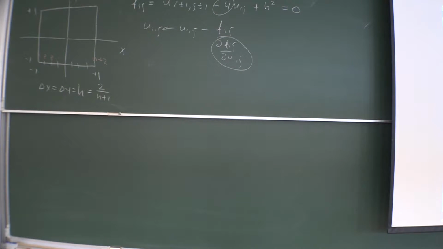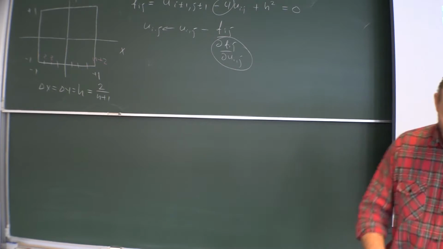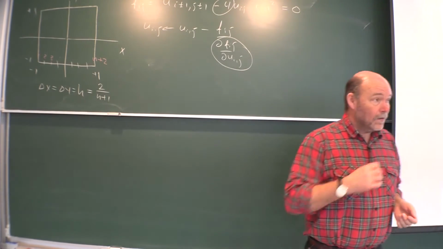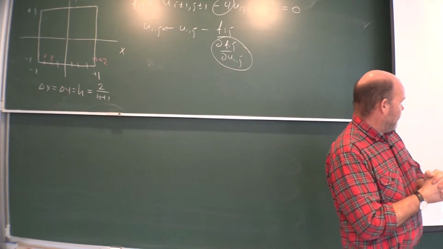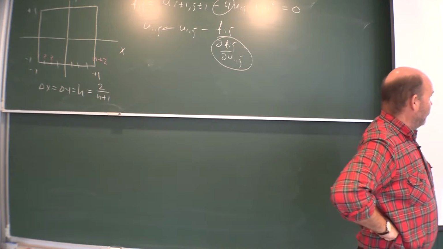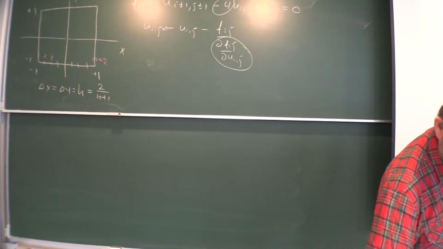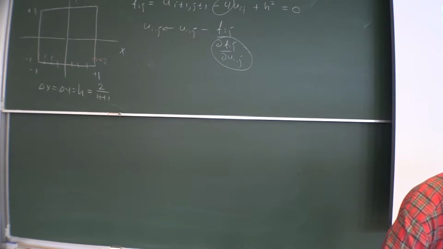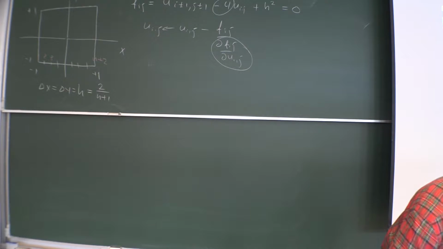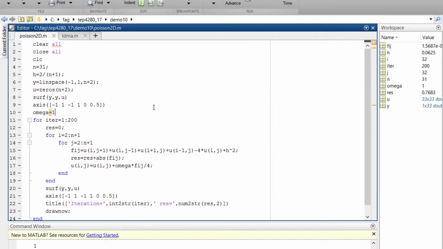Okay, we start up again. So we had the Gauss-Seidel solution, slow, very slow. So we will try to speed it up a little bit using the omega. So omega 1, that was for Gauss-Seidel. Now I want to have an omega, and for this problem, luckily I found the optimum omega, and the formula